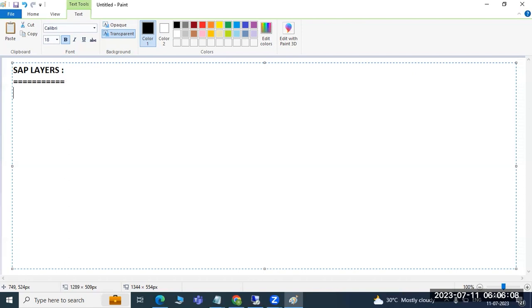A little bit about the history: SAP was founded by 5 ex-IBM people between 1970 and 72, and they released this SAP product. SAP means systems, applications, and products in